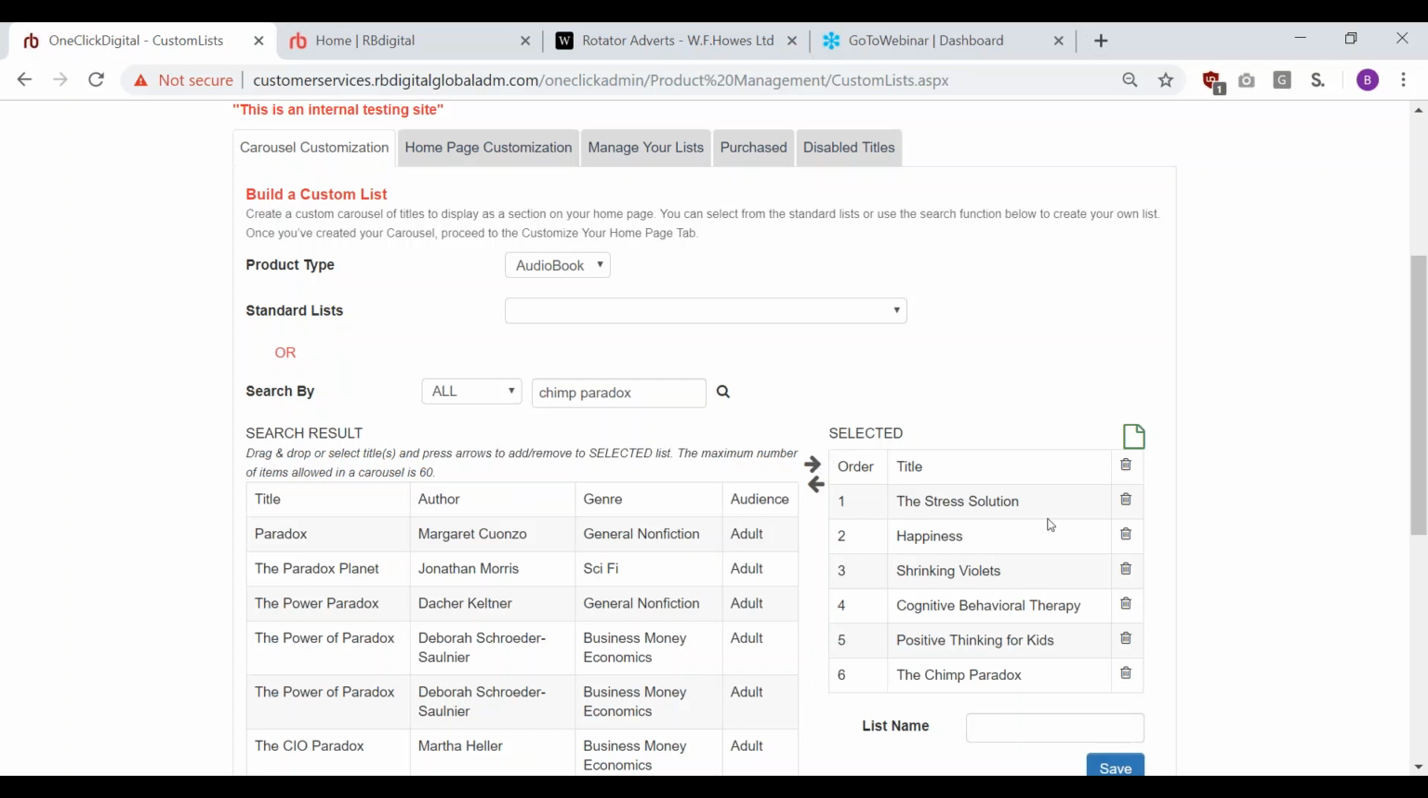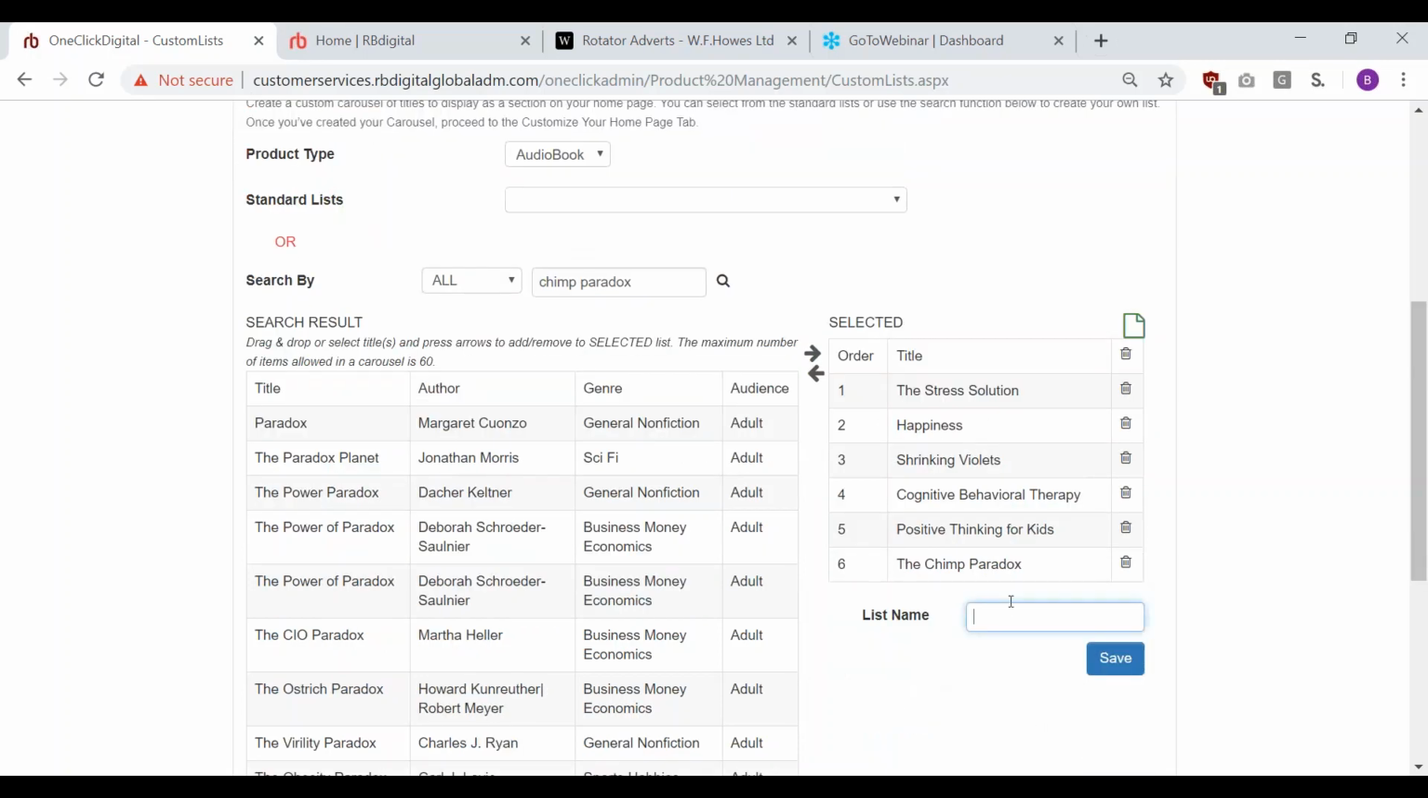Now it's best to do it in multiples of 6, as each carousel is 6 titles long. So it would look better and it avoids any titles skipping through quickly if the carousel is in a multiple of 6. So once I've got my 6 here, I can then type a name. So I'm going to call it Mindfulness Audio